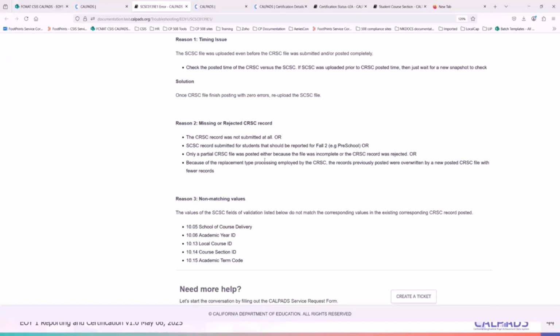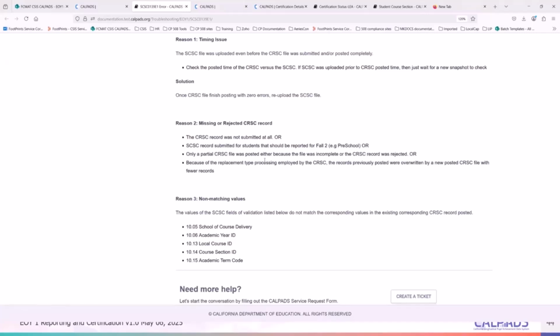You also have to consider, did you submit SCSC records for self-contained classes? If for some reason you didn't, your SIS wasn't configured properly, and when you requested an SCSC extract, it included self-contained class grades. So you have your SCSC for your departmentalized students, and then it included an extract for students in self-contained classes.